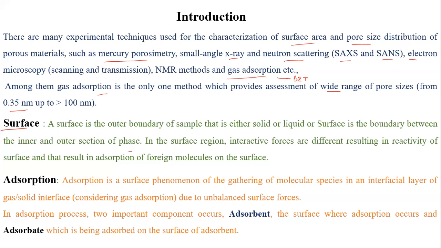So to understand BET, first one has to understand what is surface. The characteristic of the surface is that in the surface region, the interactive forces are different, resulting in reactivity of the surface, and they result in adsorption of foreign molecules on the surface. So what is the characteristic of the surface? We know that if this is a solid,